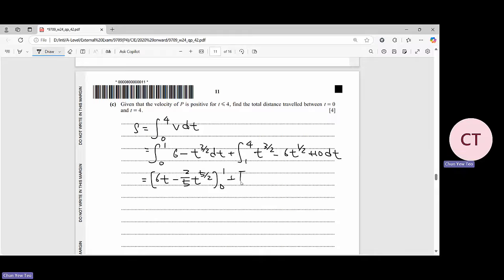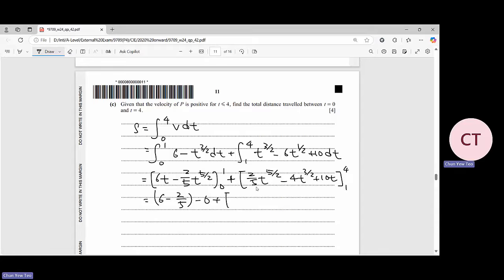Then this one, it will be 2 over 5 t power 5 over 2 minus 4t power 3 over 2 plus 10t from 1 until 4. Substitute the value inside. You have 6 minus 2 over 5 minus 0 plus